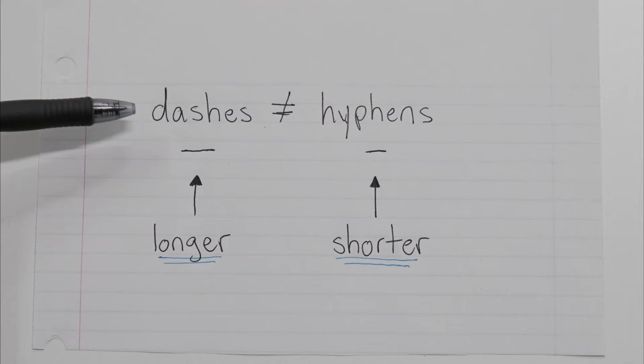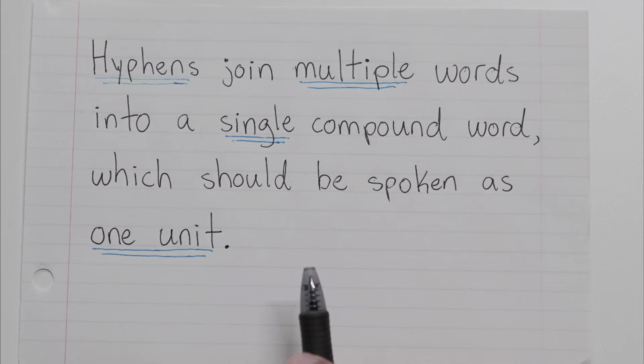Okay, so anyway, what do hyphens do? Well, the purpose of a hyphen is to join multiple words together into a single word, words that have to be tied together in order to make sense. And when you join these words together into one, that new compound word should be spoken as one single unit without any noticeable pause. Now that may sound confusing, so let's just start by looking at some words that should